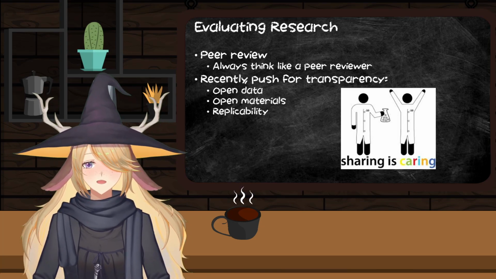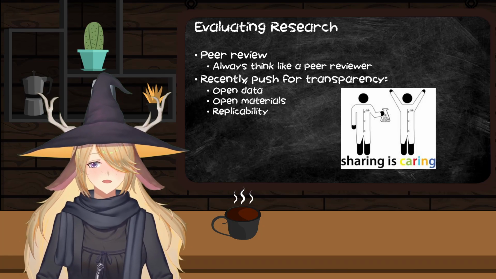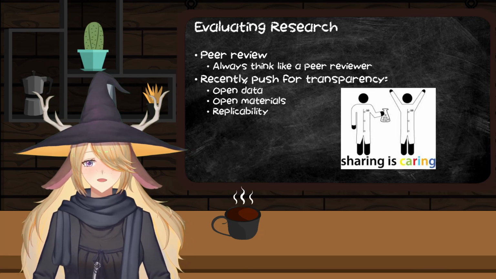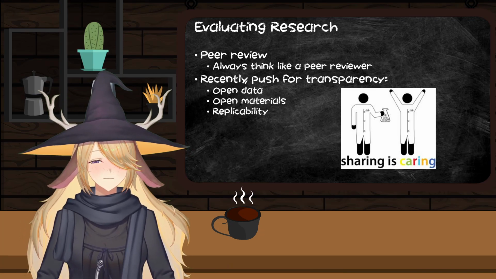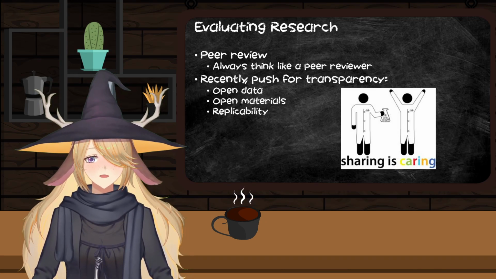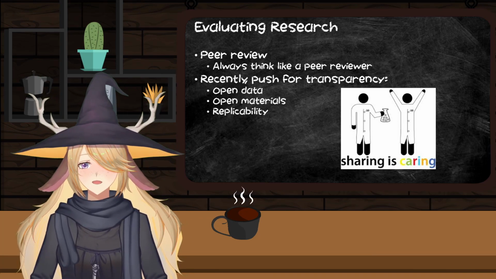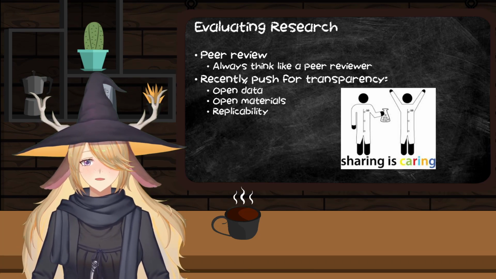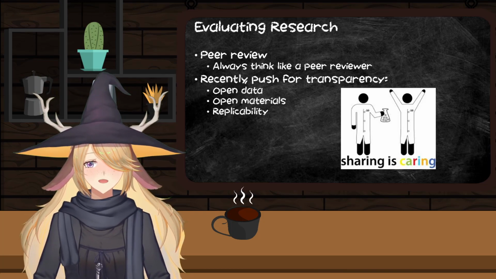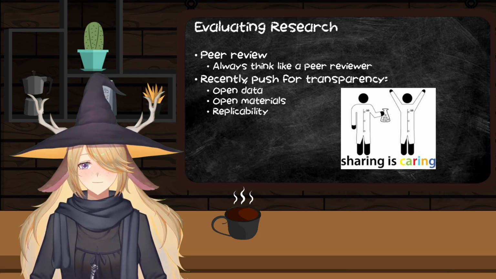Replicability or reproducibility has also been a very big thing now. So remember, if you have to run that study 20 times to get the one time that it worked, do it again. If you aren't getting those results consistently, then it probably isn't a real effect. And so there's been a push among journals to also require replications. So you run your data, you get your effect. If you can't reproduce it, most journals would, at least for a stretch there, not look at you. Or it would help your paper a lot if you could say that, hey, we ran this, we got these results, and then we were able to run it and get it again.